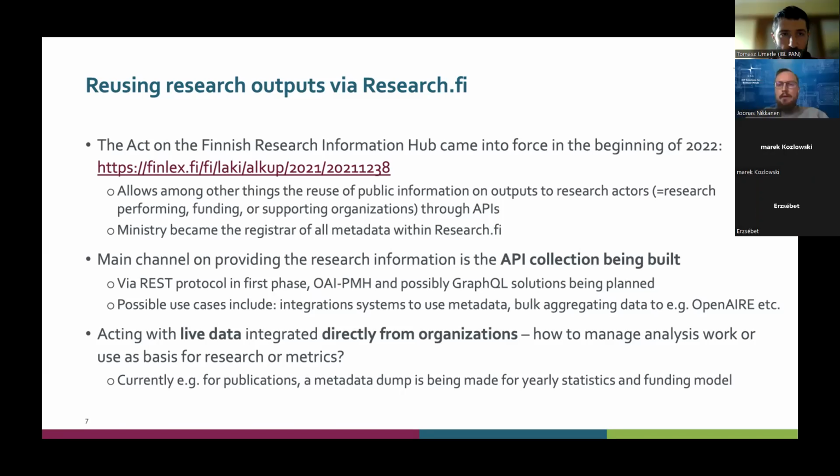For example, the publications which are used as the base of the funding model in Finland, we do this kind of data dump in the sense that for statistical purposes, we actually freeze one part of the publications